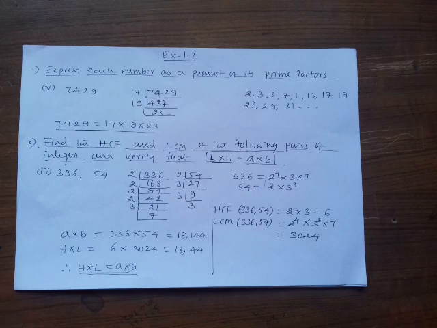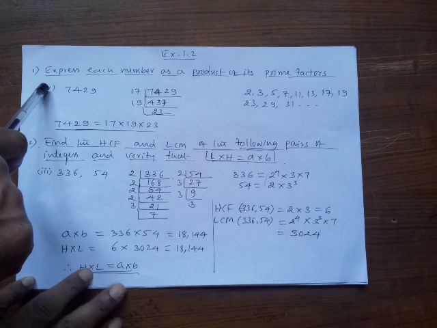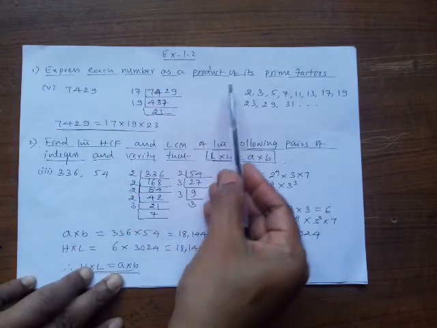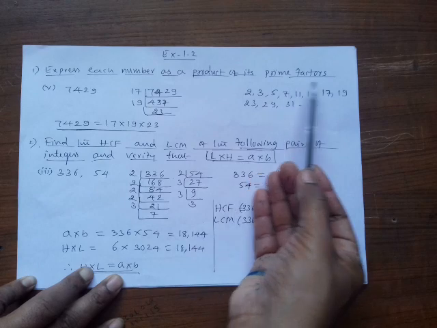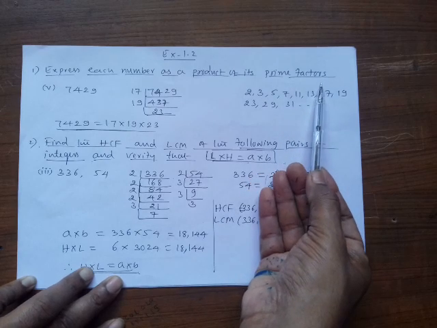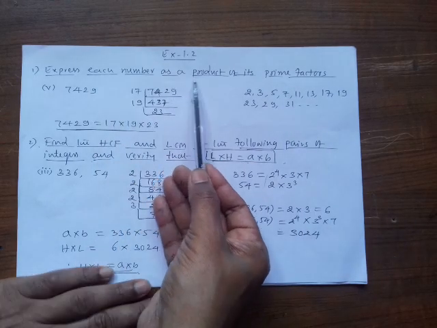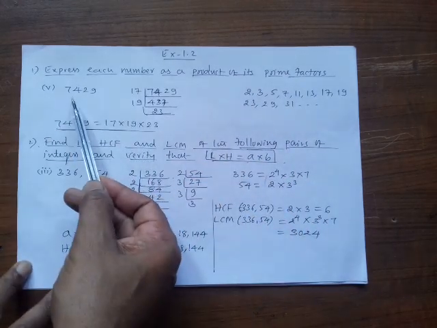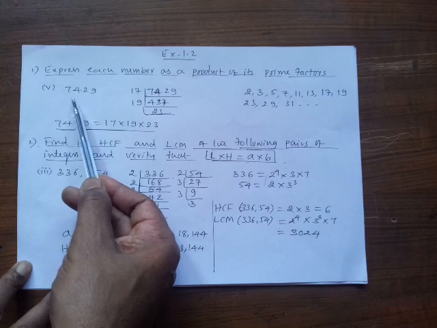Yesterday I had given exercise 1.2 for practice. Today let me do a few problems from that exercise. The first problem is: express each number as a product of its prime factors. Let me consider the fifth problem under this main,